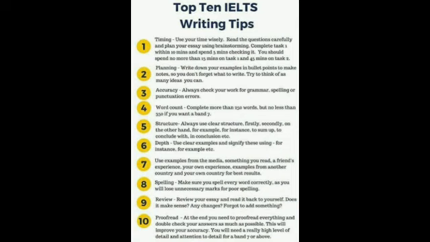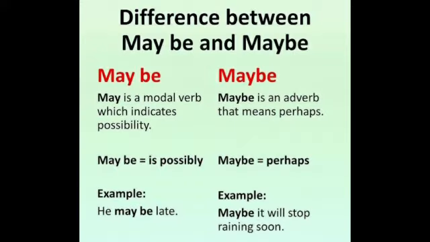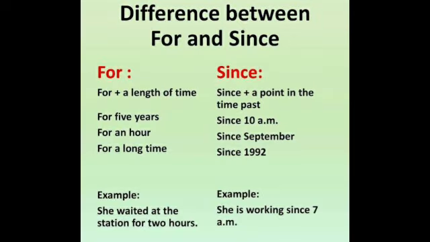In task 2, you are asked to write an essay in response to a point of view, argument, or problem. The essay can be less formal in style with a more personal response than the academic writing task 2 essay. Task 2 contributes twice as much as task 1 to the writing score. Both academic and general training last for 60 minutes.